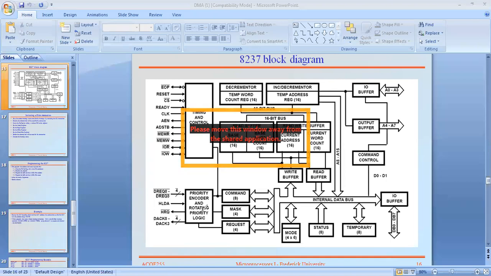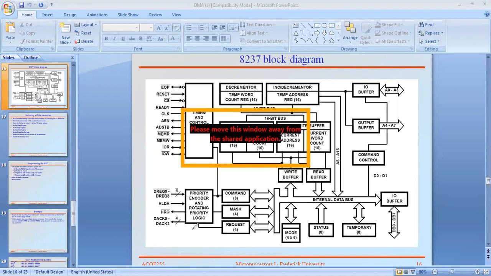Similarly, see here, the priority encoder and rotating priority logic. This entire block is called the priority resolver. That name is not mentioned here, but the entire block is treated as a priority resolver. Why? Because it handles a number of requests.